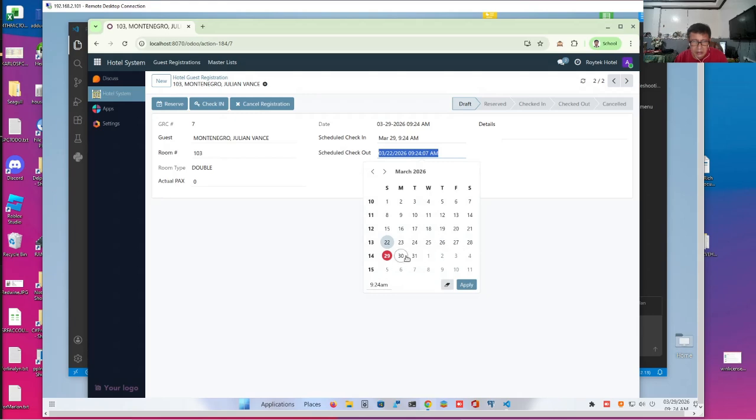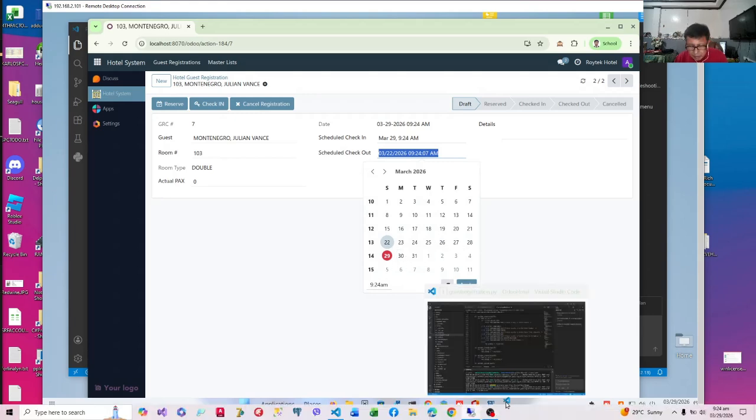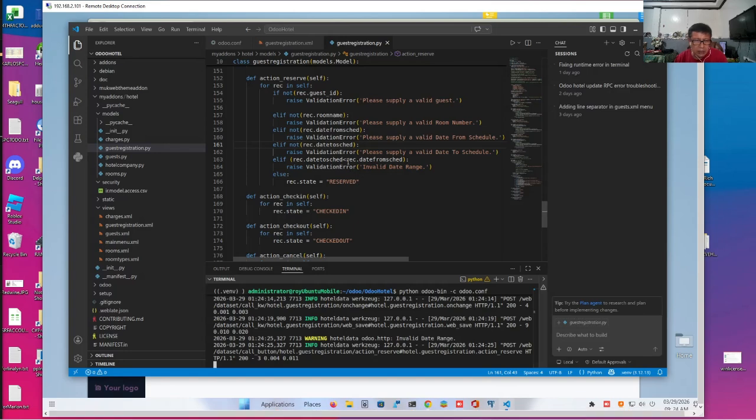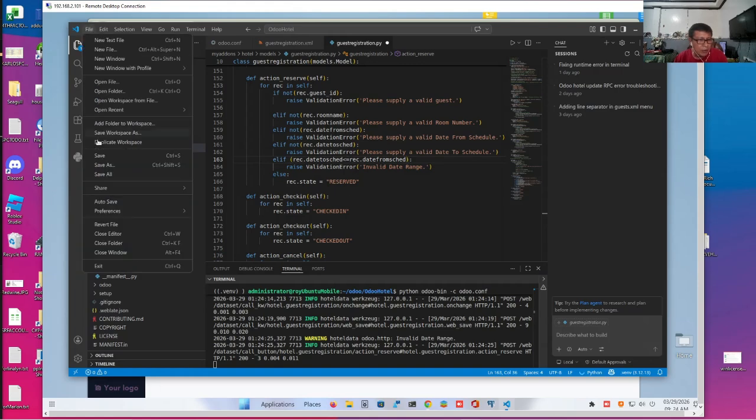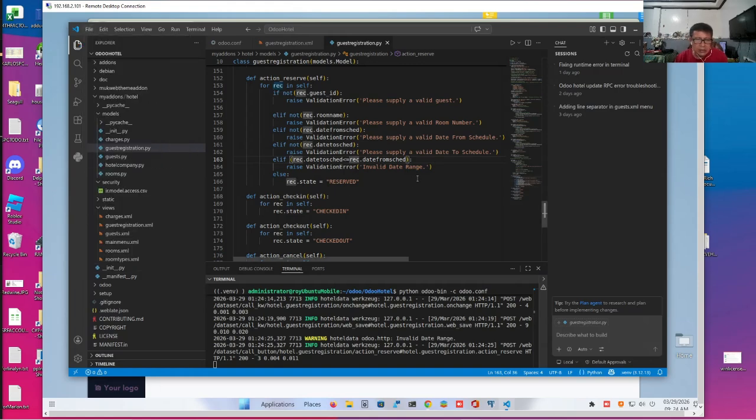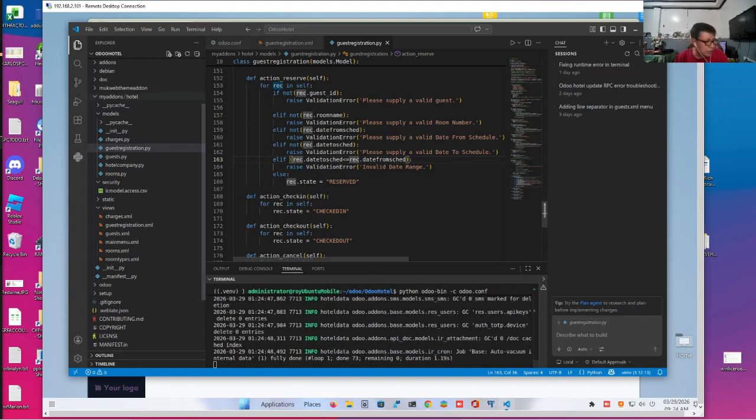Okay, so let's improve that a bit. Our check, it should be lesser than or equal to. You cannot check in and check out right away. Okay, we'll just reserve that. Okay, so anyway, so these are the checks that we need to do for check-in, for reservation. Let's find out what we need to check. Okay, we need the same for everything. Is that correct? Yes, so therefore we just need to copy this,